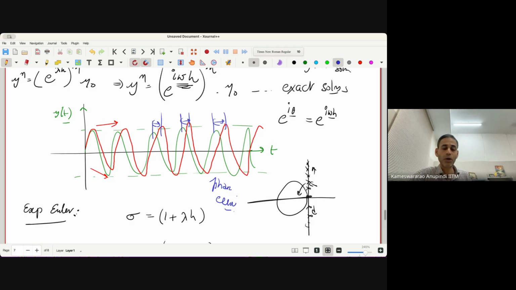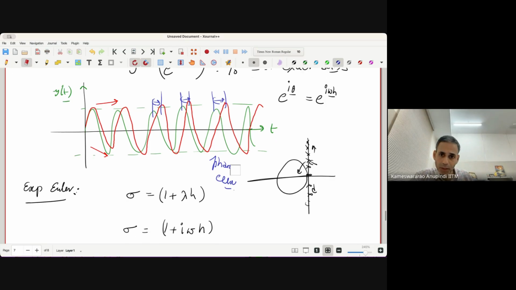Many a time we are interested in knowing this. If you have a seismic activity or a spring mass system, then it doesn't reach the peak value at the corresponding time. It's going to reach the peak value after a certain time or before a certain time. So there are errors not only in terms of amplitude, but also in terms of phase. That means at what time it's going to reach the bottommost point, or the topmost point. These are different. So this is the phase error involved, which is not useful in the context of explicit Euler, because eventually it is going to diverge.